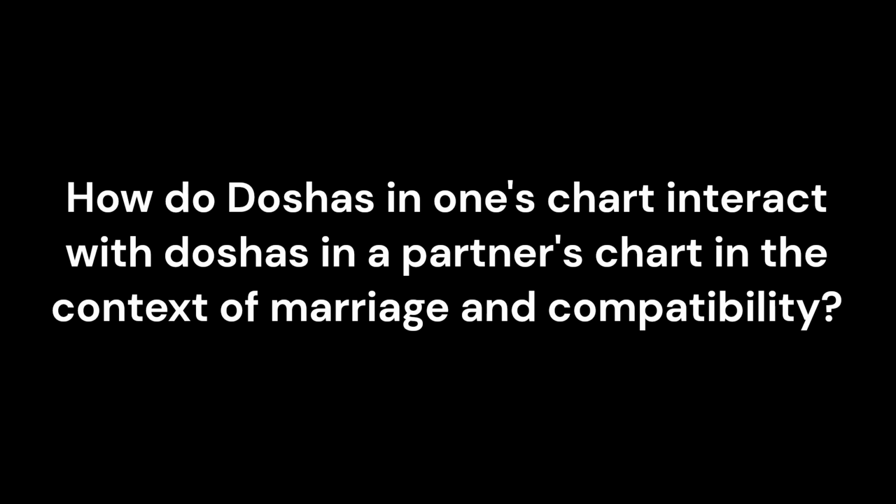Now, it is very clear that all these doshas can be looked at only from the natal chart and not from the divisional chart, because divisional charts do not represent the wholeness of an individual's life, whereas the natal chart shows the wholeness of an individual's life. So when a planet is in deficiency, you should see the effect of that deficiency only in the natal chart. Hope the question is answered.